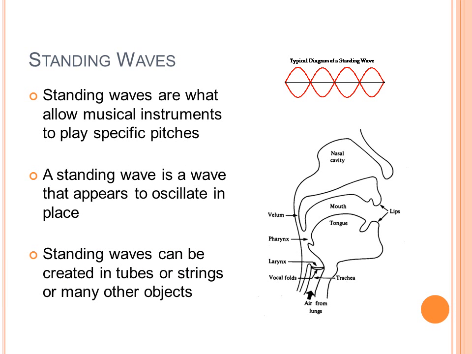Now we're going to talk about something called standing waves. Standing waves are how all instruments, including somebody who's singing, work. Basically, a standing wave is a wave that looks like that top diagram you see on your screen. It's a wave that's been reflected back on itself in a very specific length of an object. So the length of your vocal tract, for example. This is what causes the oscillation that causes the air to vibrate in pulses that allows pressure waves, sound waves,